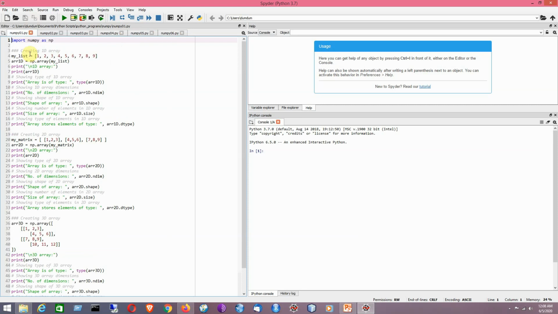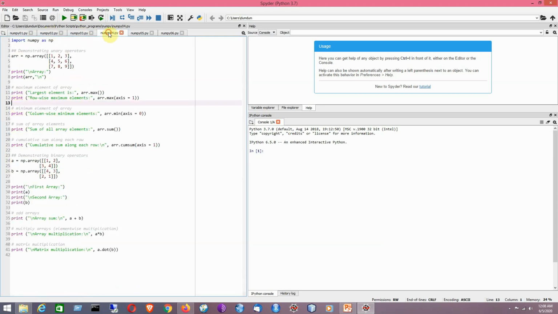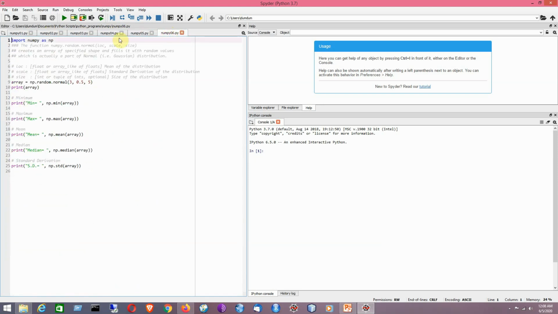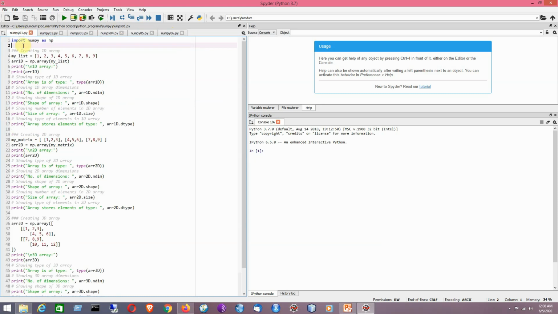That is the line to be considered for each of the programs that I have written here. Each program will have this line at the beginning, because unless I import this module in my program, I won't be able to access the different operations, that is mathematical and logical operations. I cannot access them. So it is important to import this module in your program.